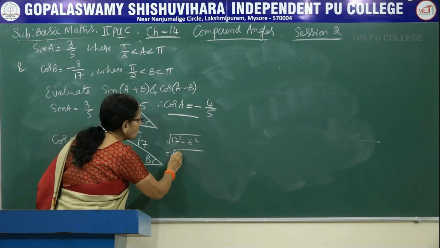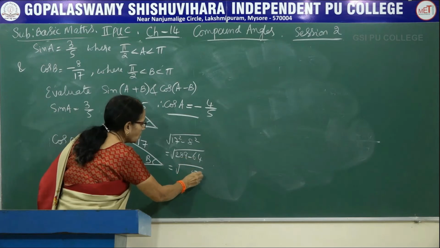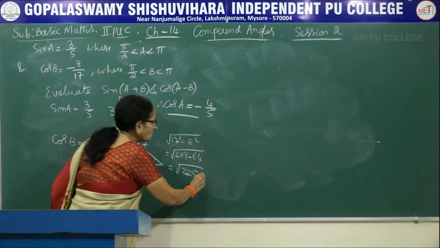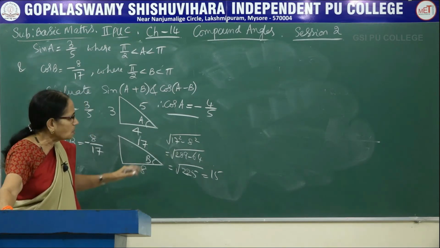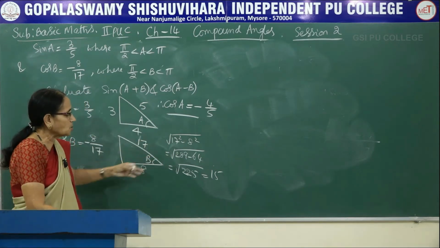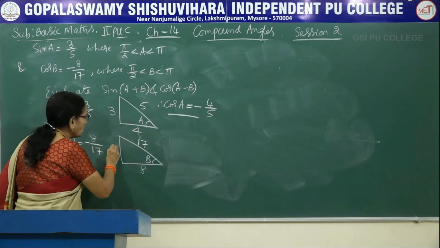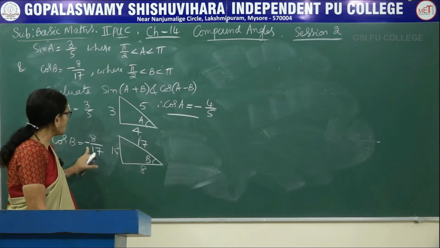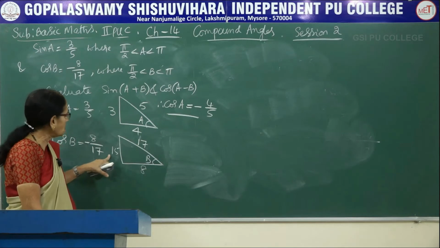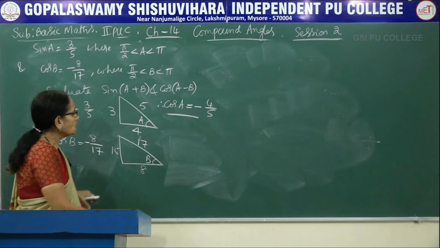What is 17 square? It is 289. 8 square is 64. So when you subtract, 289 minus 64 is 225, root of 225, which is a perfect square, it is 15. Better you remember these values, so this calculation you can avoid, you can write directly. So in this case it becomes 15. So 15 is the opposite side. See, I have not written minus 8 or anything here. Don't write the sign here. So 8, 17, 15.